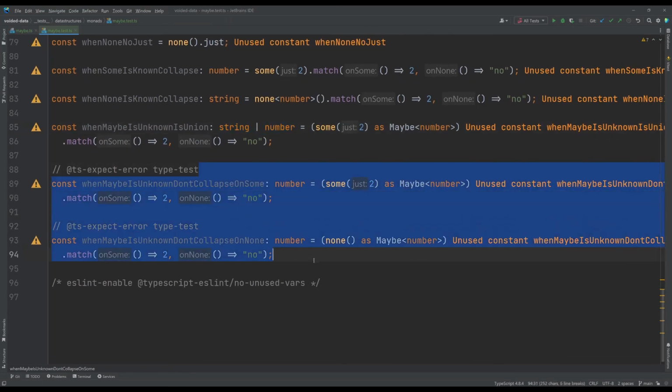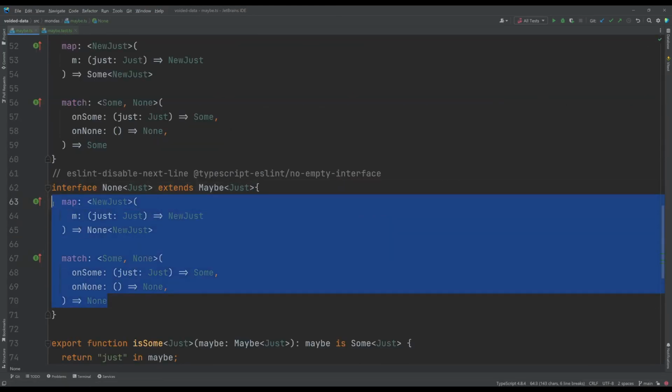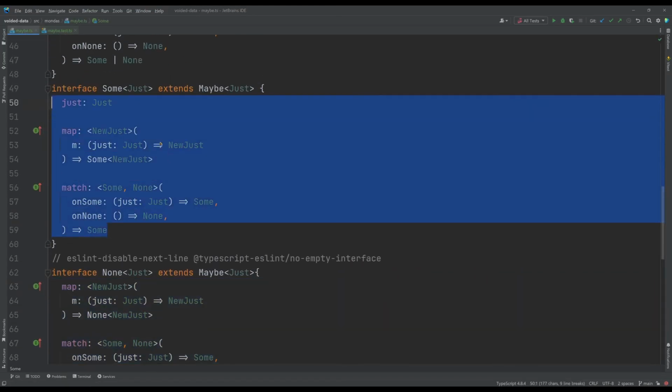And then we're testing that we did not collapse. Like if we are on the maybe, we do not want to be just number. It needs to be number or string, and this should be definitely a string. And with that, we have tested all these functions here just through the compiler.